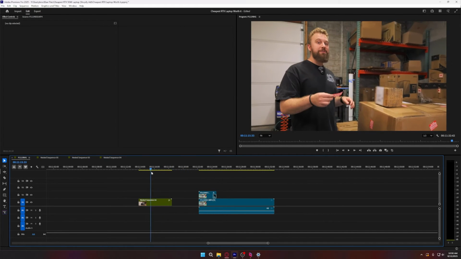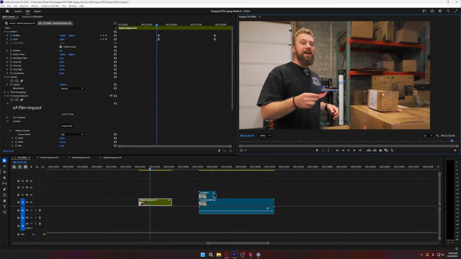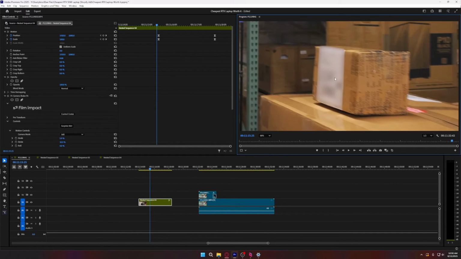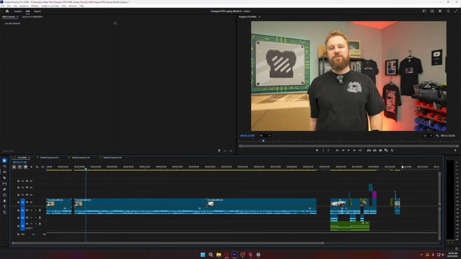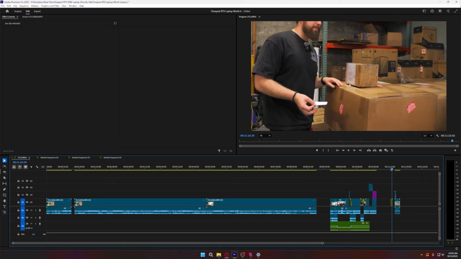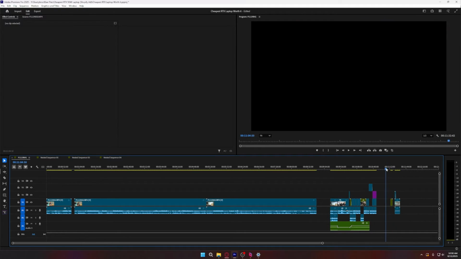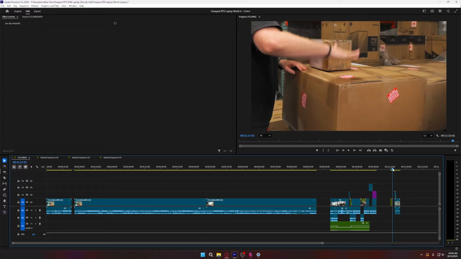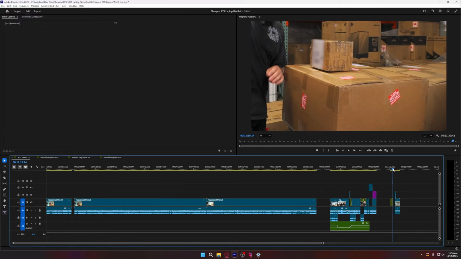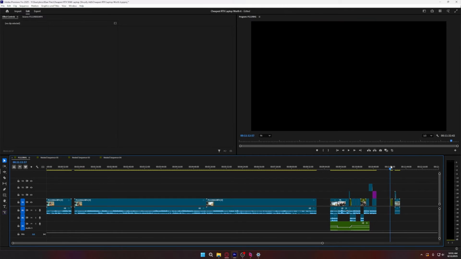The point of keeping this blur very obvious, the one in the front on the box, is because on the box itself, if I have the blur, then it's obvious when his hand moves in front of it. It's not the most annoying, but it draws your eye. I also added the zoom after doing all the box stuff, so that would be even less noticeable because it just lasts long enough for us to follow the fragile sticker to the box. And I always use this idea that if you really want something to be noticeable,